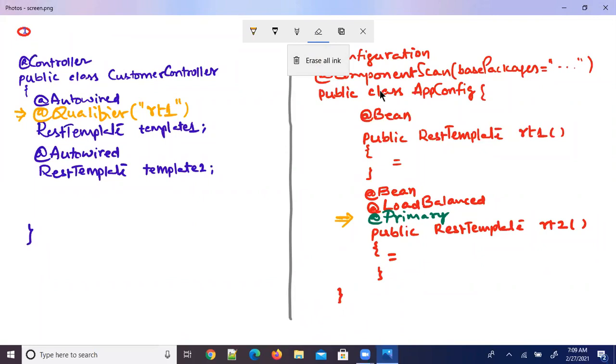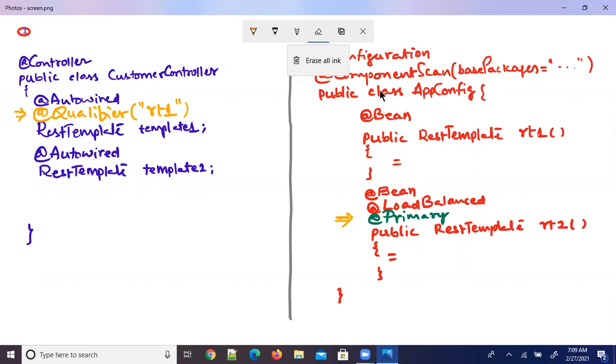As I told you at the beginning of the sessions, while defining annotations, a Target annotation is used to specify which elements of the application the annotation can be used on. Some annotations can be used at class level, some at method level, some at both class level and method level, and some only at method level and field level.